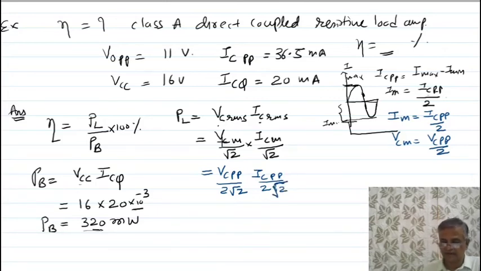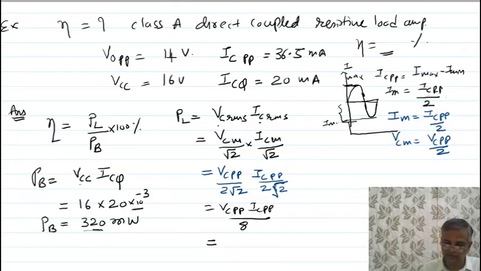Look, this maximum is nothing but the return peak to peak voltage by 2. So I can write 2 2s are 4, root 2 into root 2, 2, 2 2s are 4 into 2, this 8. So I can get this value, nothing but VC peak to peak, IC peak to peak upon 8. So let me find this value.